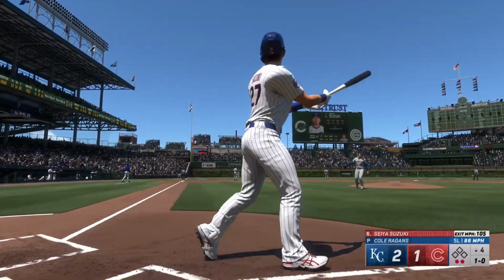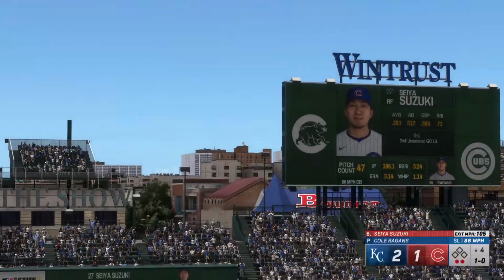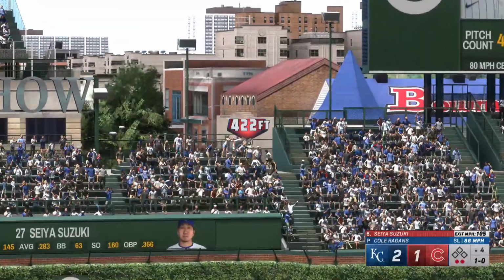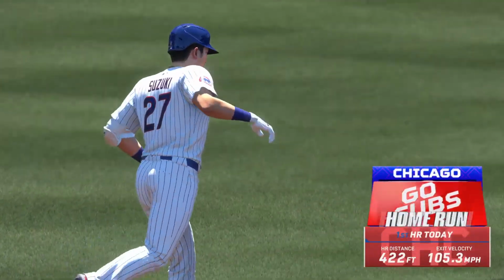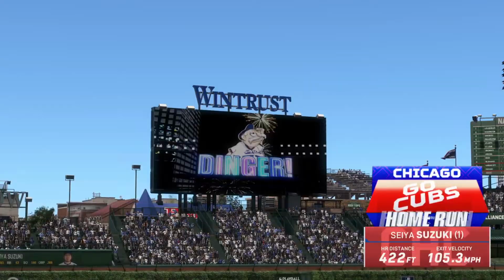Swings here and drives one well left field, way back, and you can forget it. And we are starting over. It's 2-2. He just sent this stadium into...